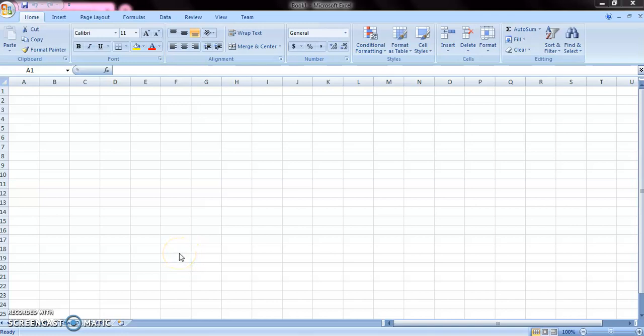In this video, I am going to explain various aspects of Microsoft Excel. Now, first of all, what is Microsoft Excel? The window you are seeing right now is the window of Microsoft Excel. It is an electronic spreadsheet that helps you to organize your data in rows and columns, just like in Microsoft Word. But in Microsoft Word, you have to create the table to organize your data in rows and columns. But in Excel, as you can see, there is already a tabular structure.